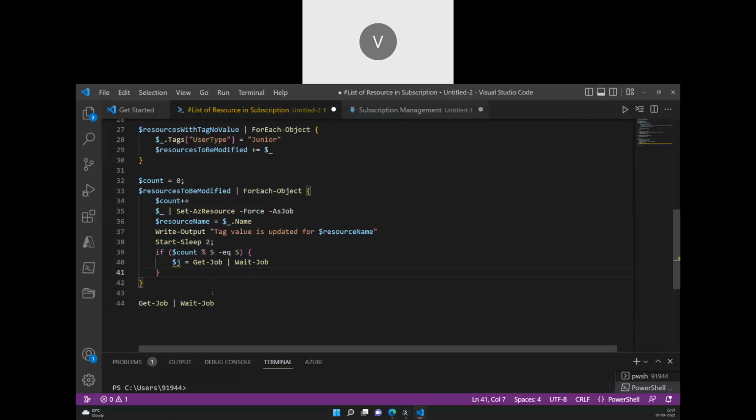Just passing it an empty value, and once that is complete,